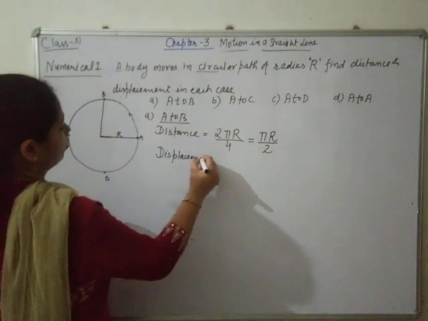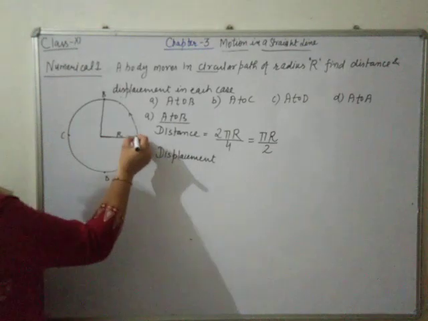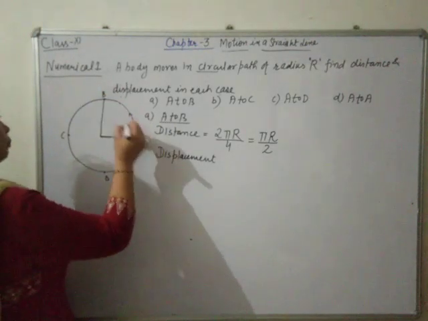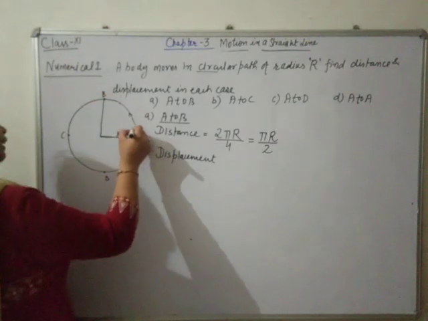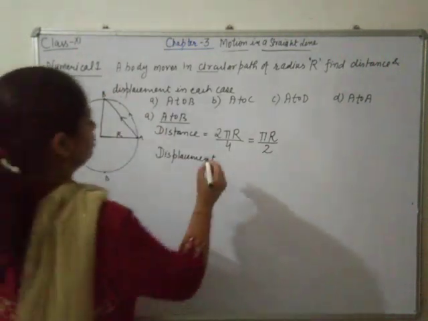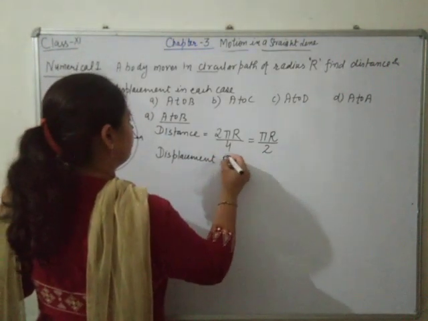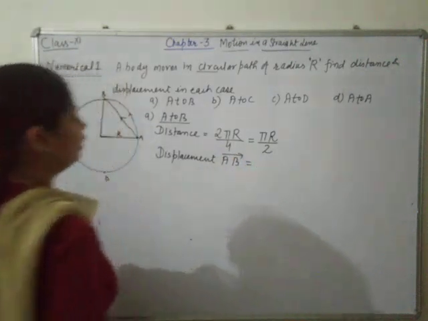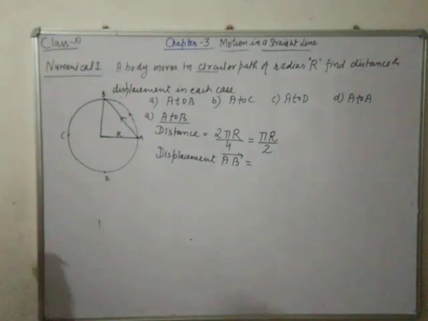Displacement. The body is moving from A to B. It is the starting position, it is the final position, a straight line path between initial and final position. It will provide us displacement. It will be equal to AB vector. What will be its magnitude? Its magnitude will be,